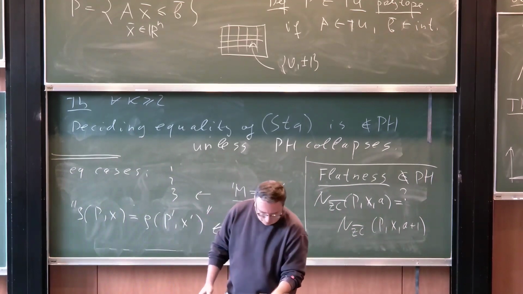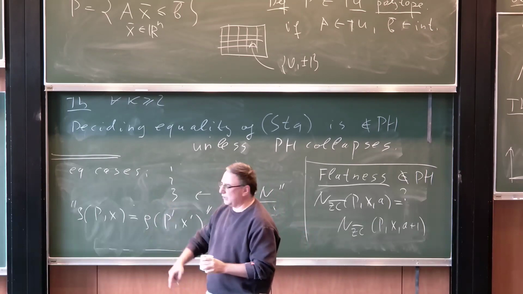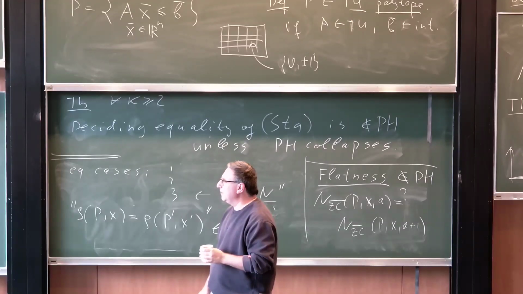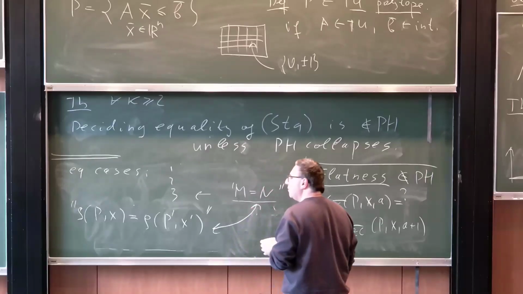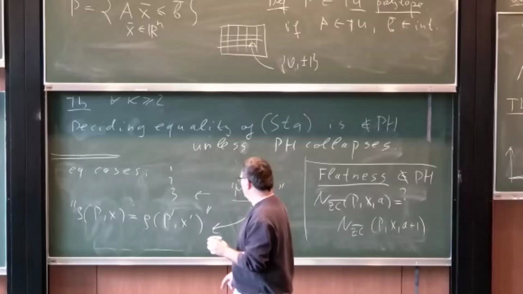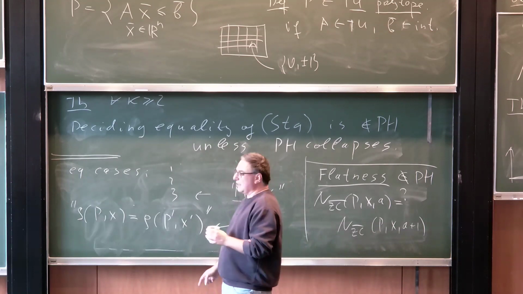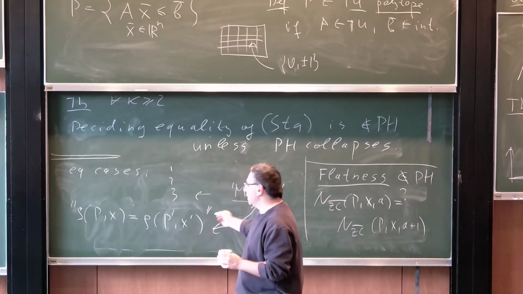Since I do get a chance, I want to say a couple of words about part 4. Igor, can you say a word about this? Where does the chain of reductions end? You showed you reduce and reduce and reduce. So which problem do you eventually end up with? This one. And then we need a complexity theoretic argument to show that this is not in PH, and that's separate. So where does this complexity theoretic argument hinge?